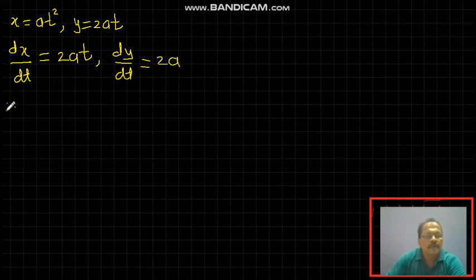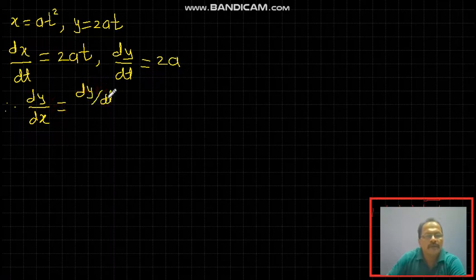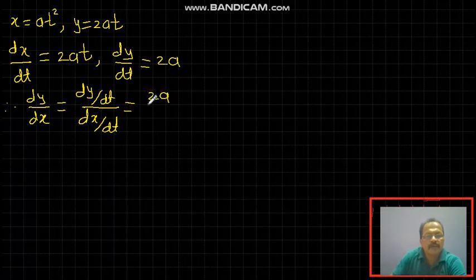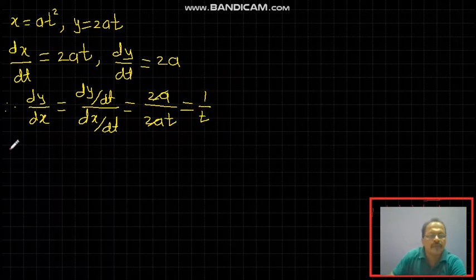Therefore, dy by dx is equal to dy by dt upon dx by dt. dy by dt is 2a and dx by dt is 2at. 2a cancels and dy by dx is 1 upon t, and therefore